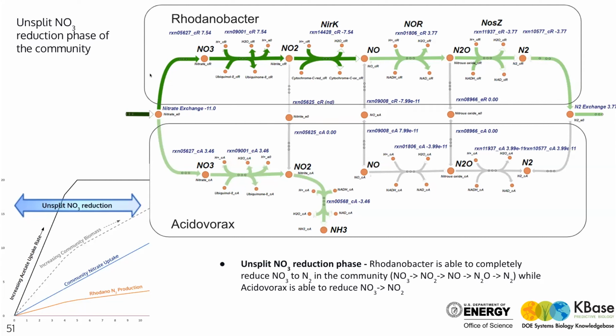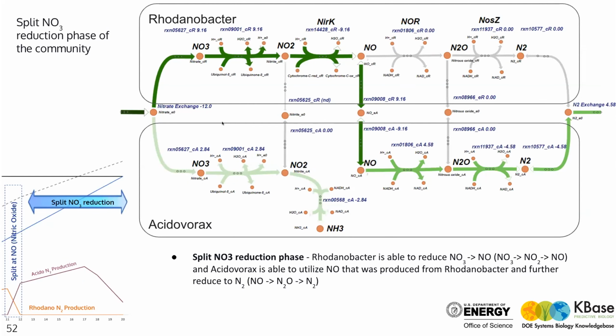So the prediction was that initially everything was going through this route here. Then as you begin to get to higher and higher nitrate levels, the inefficiency of using these downstream enzymes to provide energy for Rhodanobacter, when it begins to not need them to grow, leads to an overabundance of nitric oxide here, and that's able to be exchanged across the cellular membranes, and it can drive